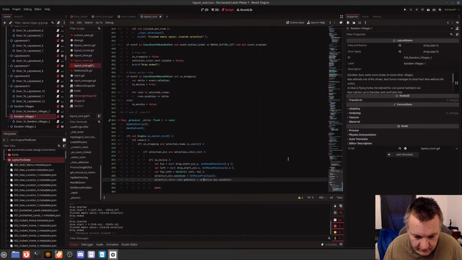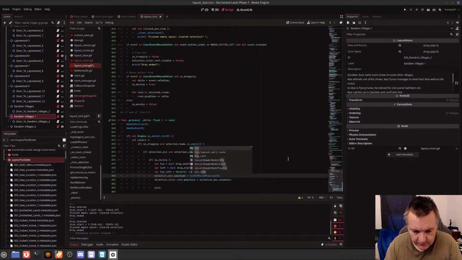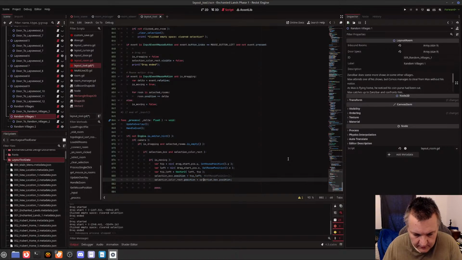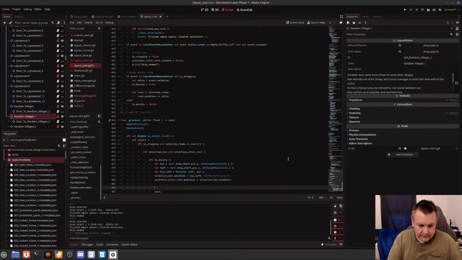Okay, so these two now are both top lefts. Top left. Yeah. And this is also top left. Well, okay, I'm doing the same for both, right? Okay, that's all right. We'll leave it like that, so that it goes off of the selection box. It doesn't go off of anything else. Okay, so then